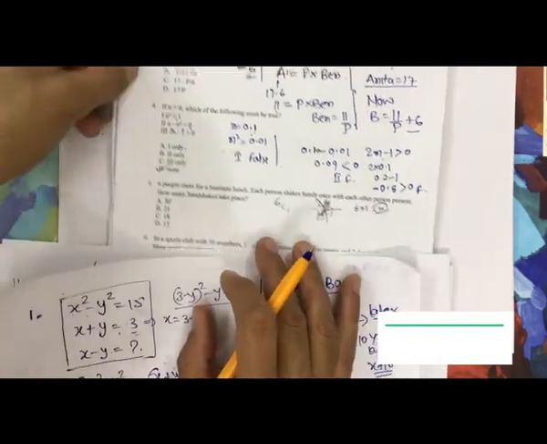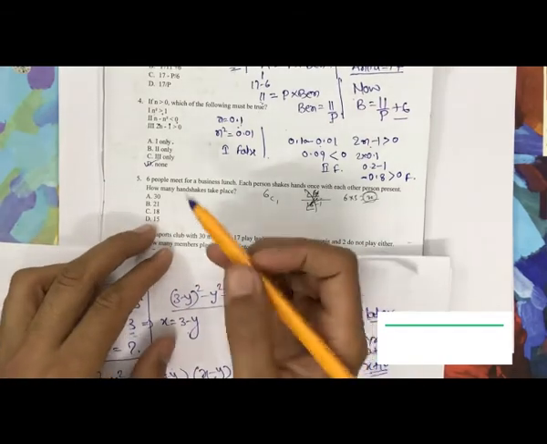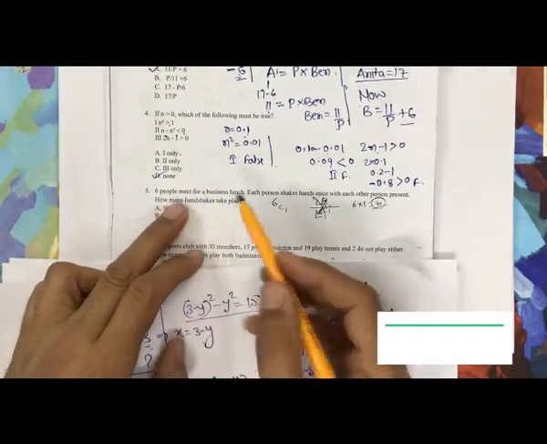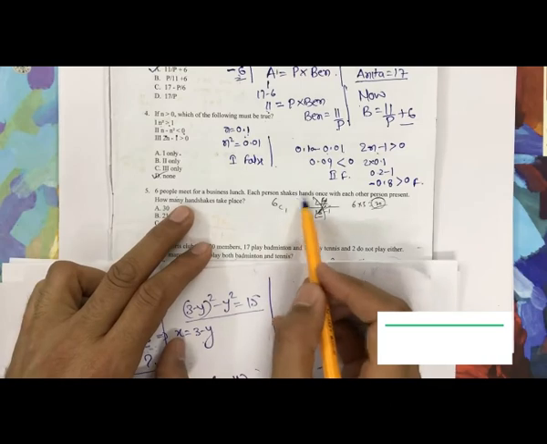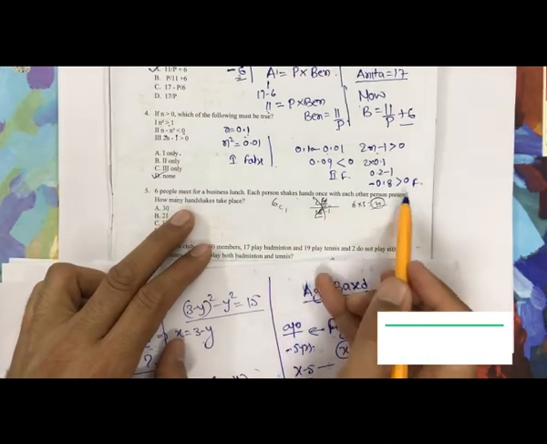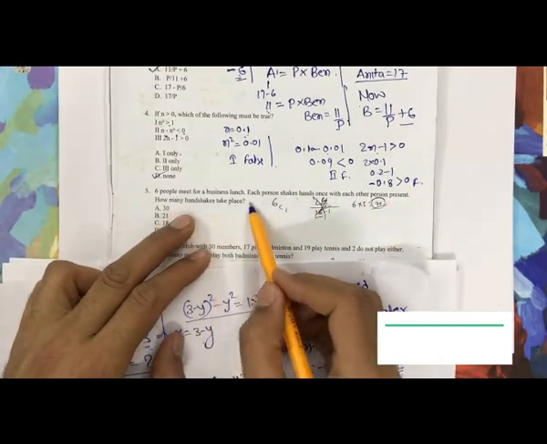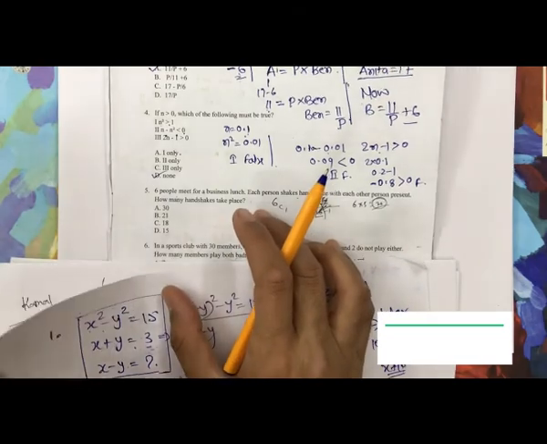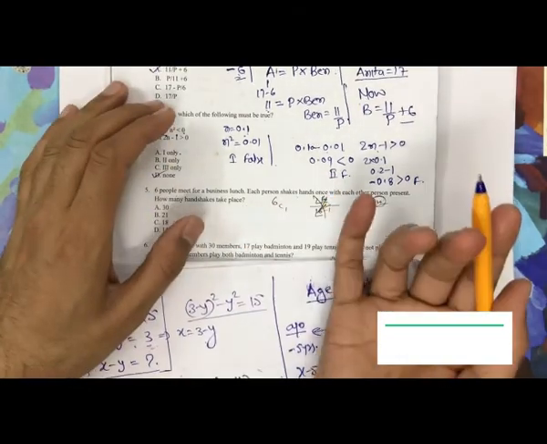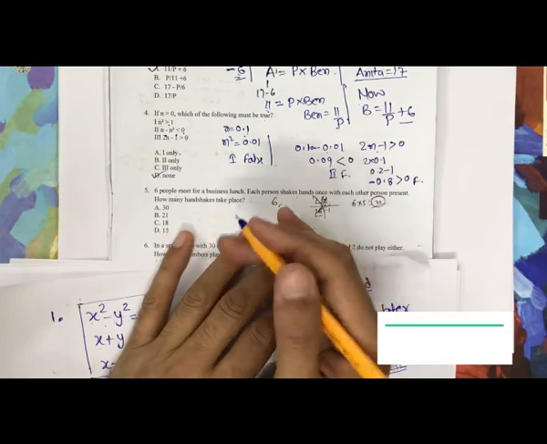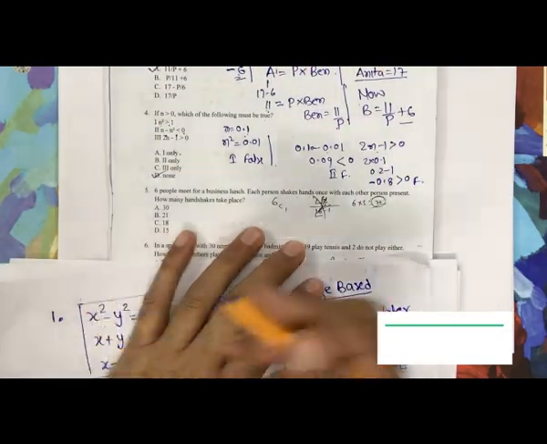एक क्वेश्चन और देख लीजिए, आपसे क्या कह रहा है, 6 people meet for a business lunch, each person shakes hands once with each other person present, how many handshakes take place? ये हमारे पास है। एक्चुअली क्या होता है, ये एक बहुत अच्छा सा टॉपिक है, परमुटेशन एंड कॉम्बिनेशन, थोड़ा सा अलग इस मैथमेटिक्स से अलग हट के हो जाता है।